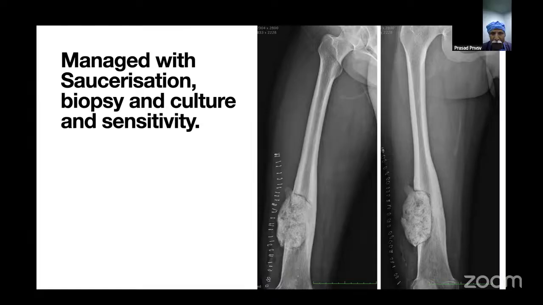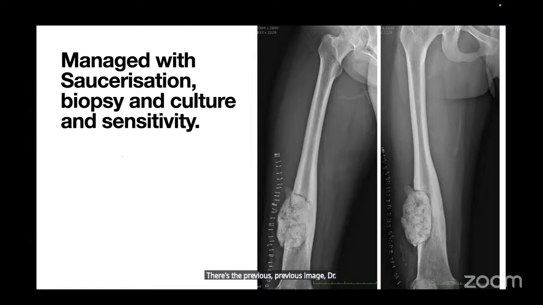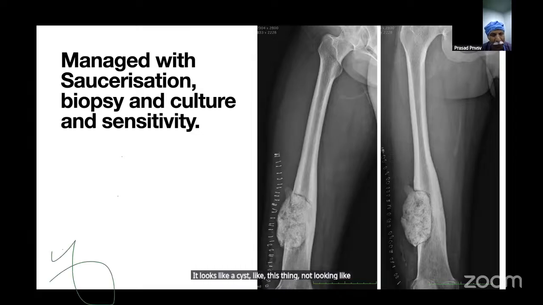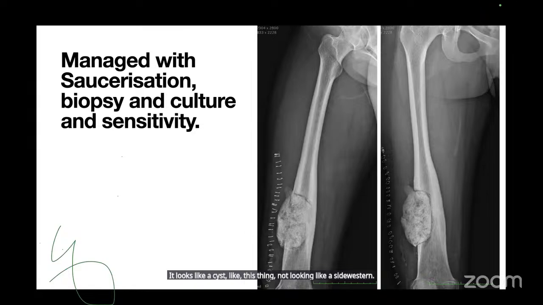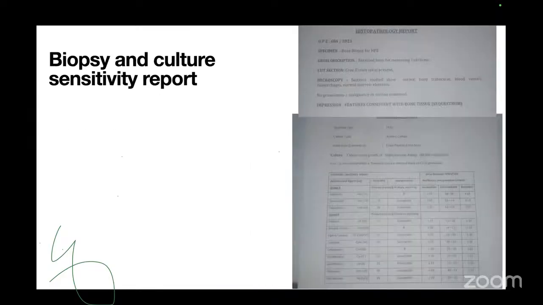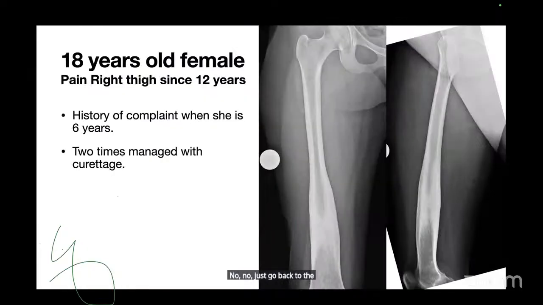It doesn't look like a sequestrum, no? Go back just to the previous MRI image, sir. Go back to the intact femur. It looks like an intact cyst, not looking like a sequestrum. Is it an osteoid osteoma or something like that? Pain? No, just go back to the full femur. Yeah. Okay. Now,